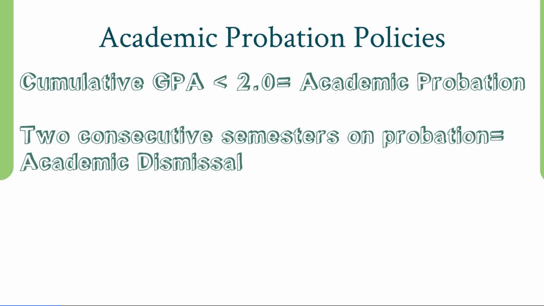At Colorado State, if a student's cumulative or overall GPA falls below a 2.0, then that student is placed on academic probation. If the student's GPA remains below a 2.0 for 2 consecutive semesters, consecutive being the key, then that student will be academically dismissed from Colorado State. There is a dismissal appeals process that students can take advantage of if they are in danger of being dismissed, and your academic support coordinator can share more about this with you in your advising meeting.